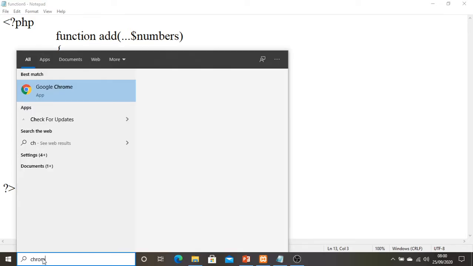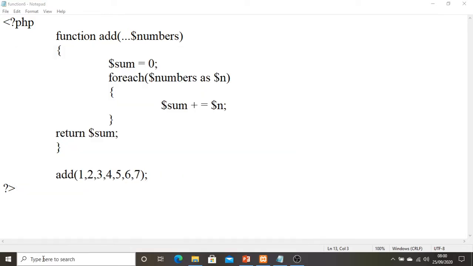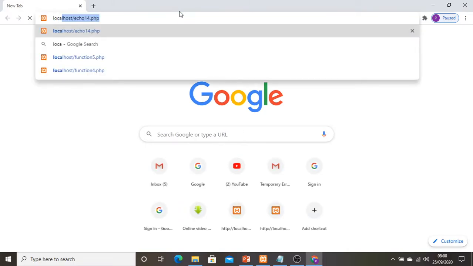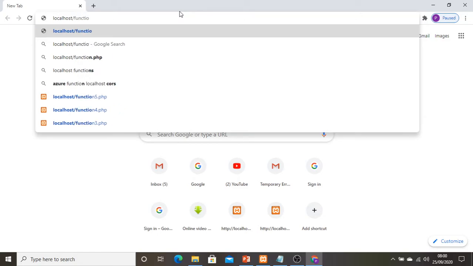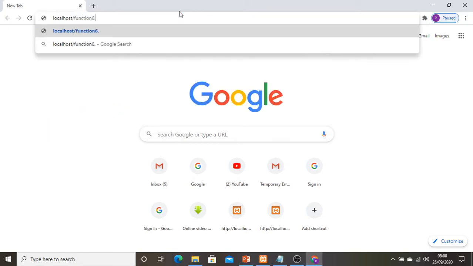I will use Chrome as the default browser. In the address bar, please type localhost/function6.php.